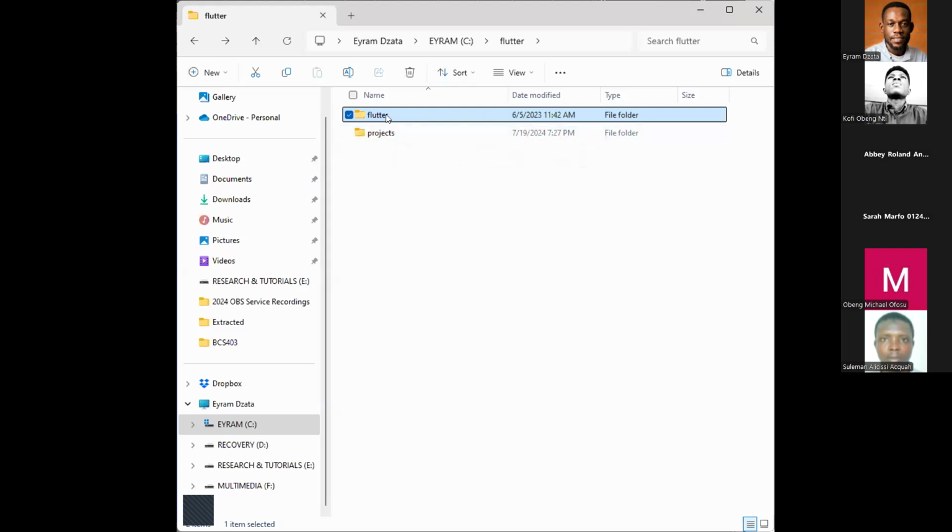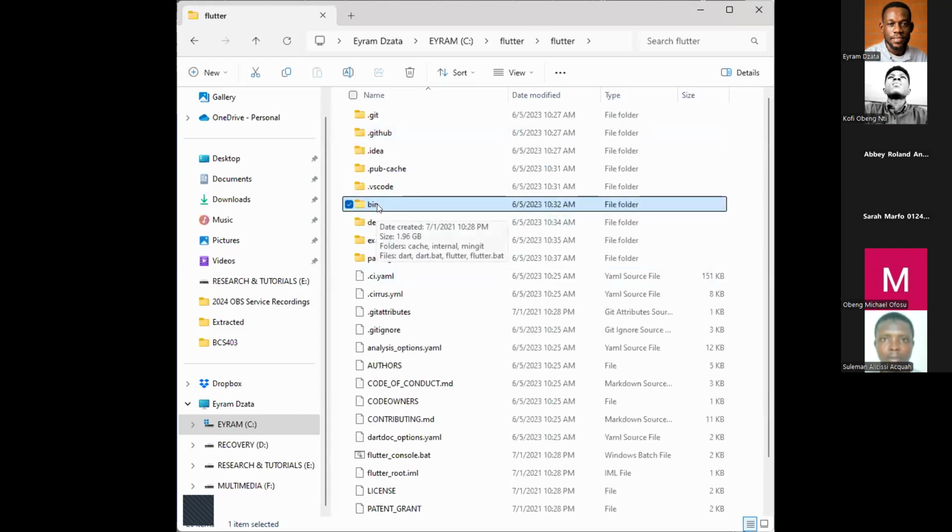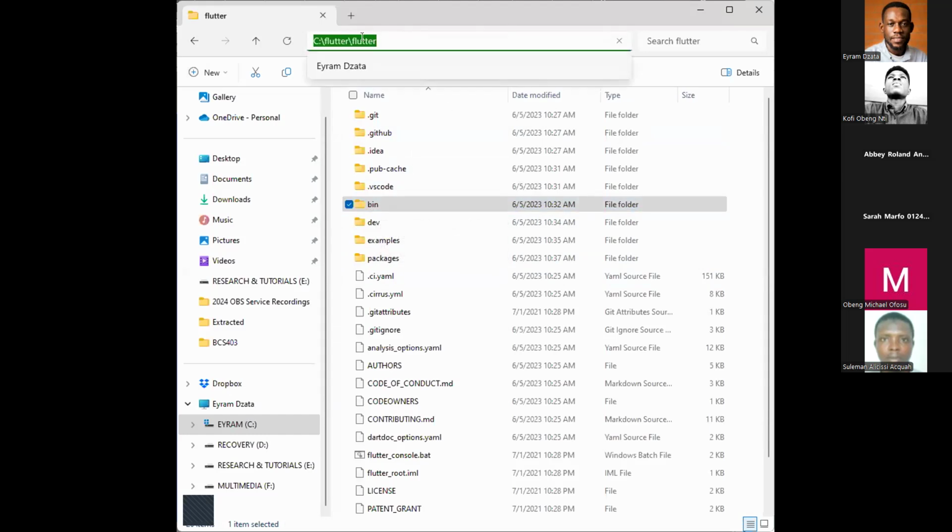Mine is about 3 gig. Once you open it, you see this bin folder. Now you take the path to wherever this bin folder is, and you place this inside the system path,